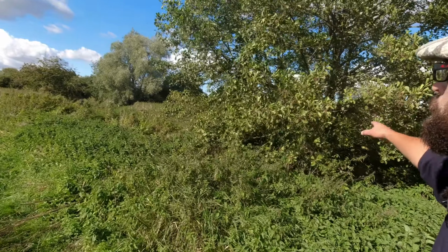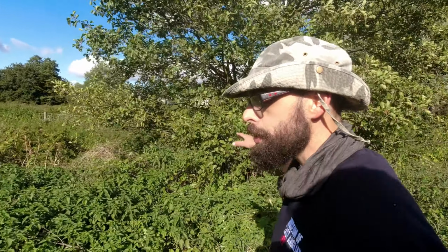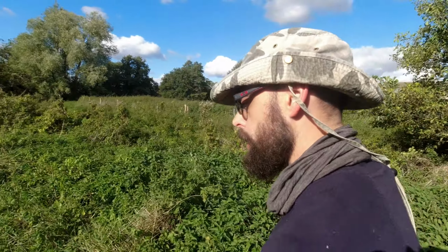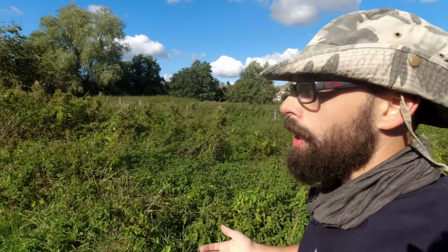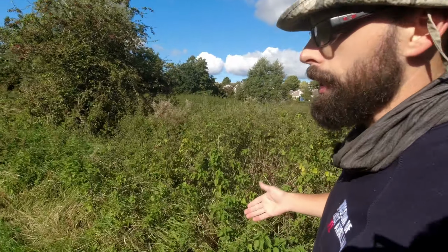So we have a lot of this type of tree down here, eh? This is your Alder tree. Alders are very cool. Another thing that we're doing here is our tours, where we bring people down the riverside and talk about what you're actually looking at. Because it makes a huge difference, going from simply enjoying it,